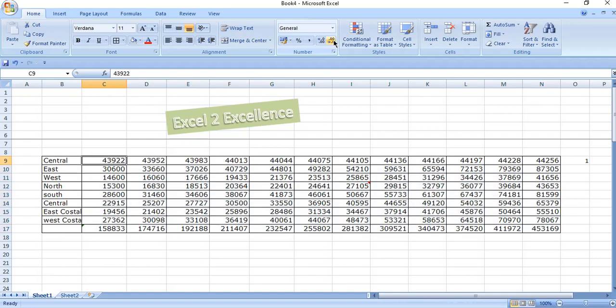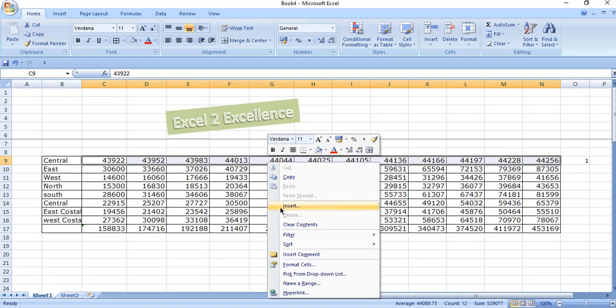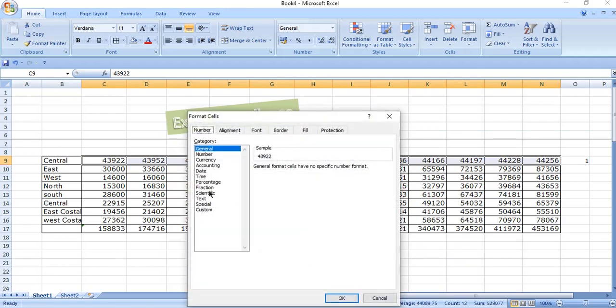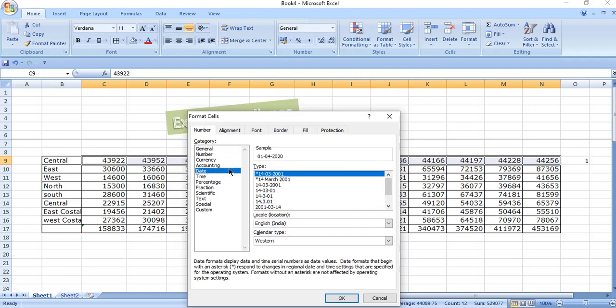Notice here our header title has also changed to a number format that can be converted into the date format. So select the header range, right click over this, select Format Cells. From here I will select date format. Date format is selected.